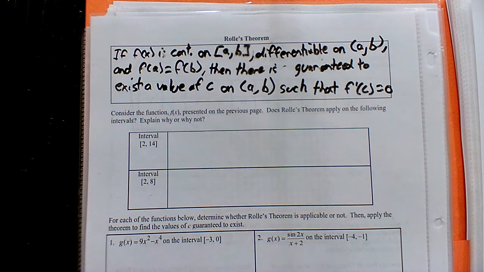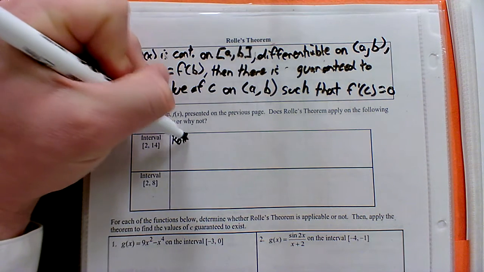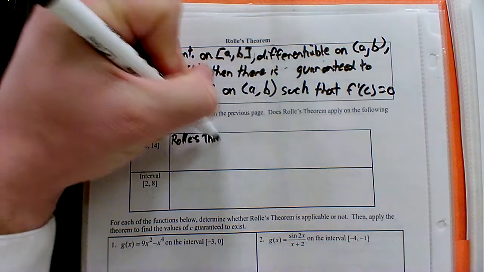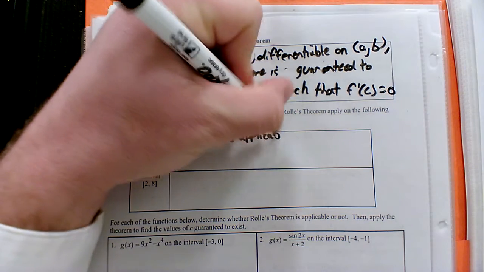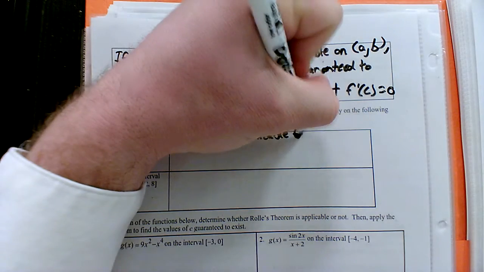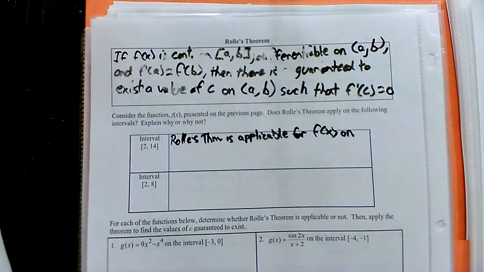Yes, they are. So now we're saying that there's guaranteed somewhere between there to exist some value c that the derivative of that point is 0. Okay? Is there a point, if you look between that interval, where the derivative would be equal to 0 from 2 to 14? Yeah, there is. So let's make a statement here then. Rolle's theorem is applicable for f of x on 2 to 14